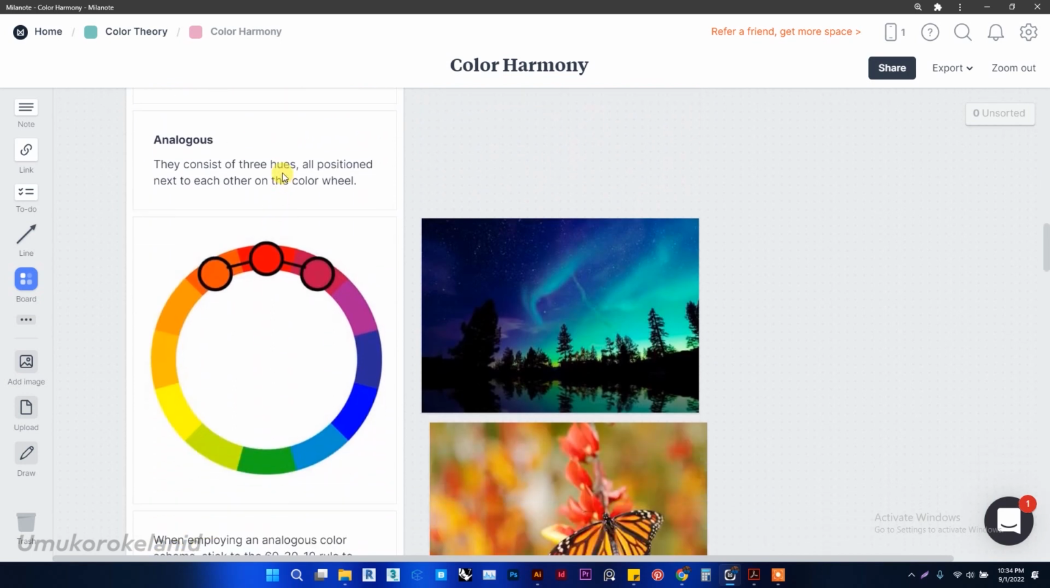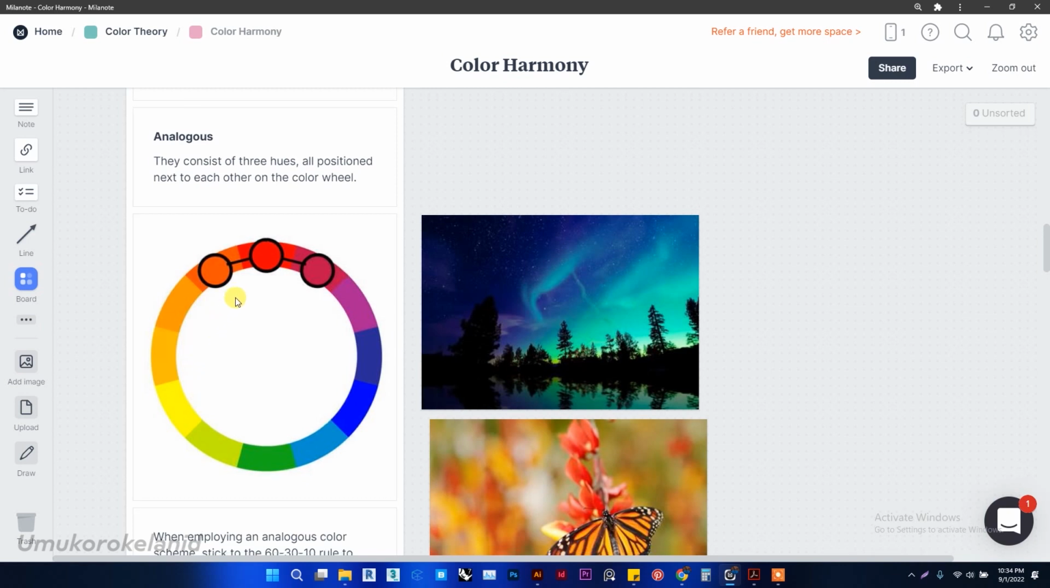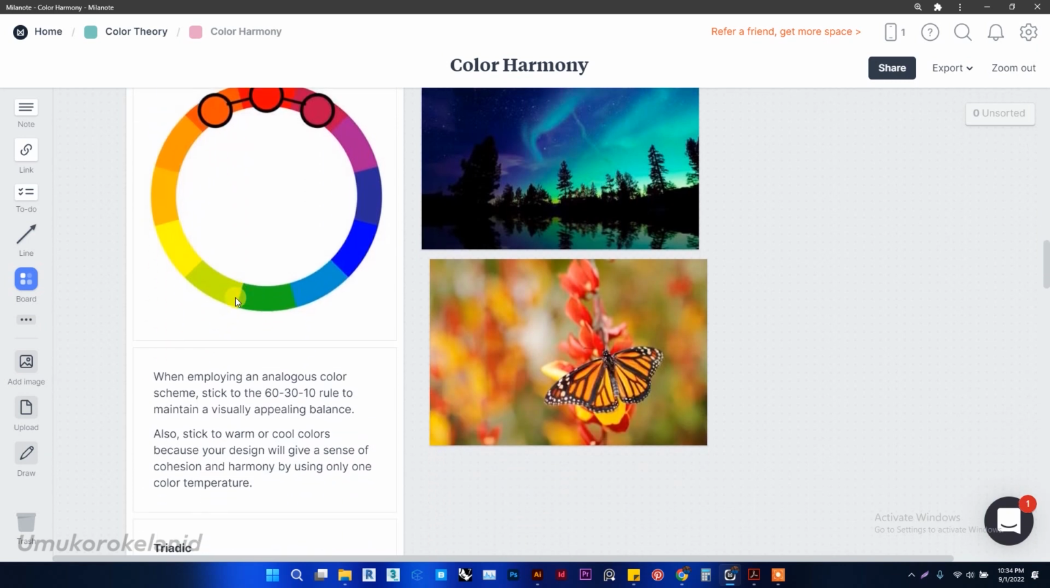Analogous color consists of three hues, that means three colors, all positioned next to each other on the color wheel. Something like this, from here to here, or we can have from here to here, or from here to here, on and on. So one thing about analogous color is when employing an analogous color scheme, stick to the 60-30-10 rule to maintain a